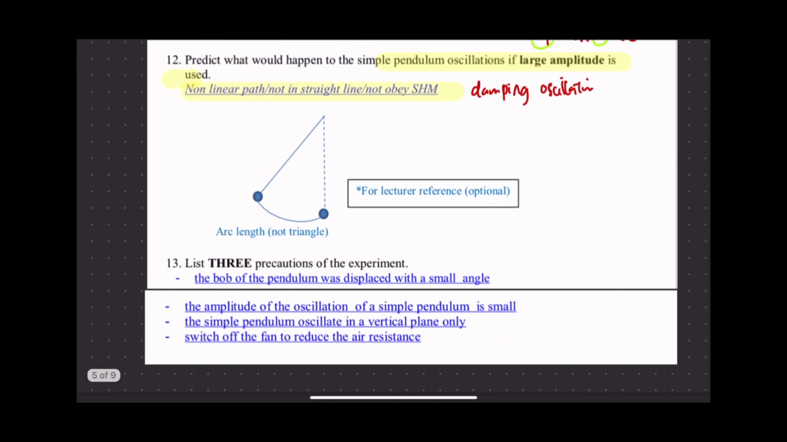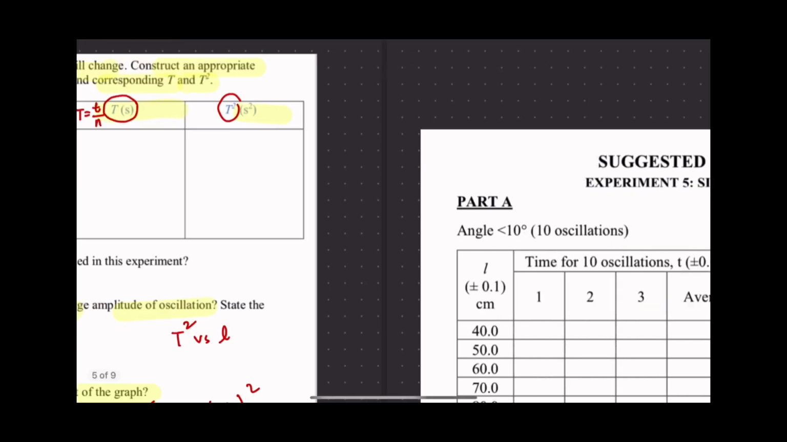Okay, list 3 precautions of the experiment. You can read them. The bob of the pendulum was displaced with a small angle, so the amplitude of the oscillation of the simple pendulum is small. Make sure the simple pendulum oscillates in a vertical plane only. Switch off the fan to reduce air resistance. Okay, that's all for